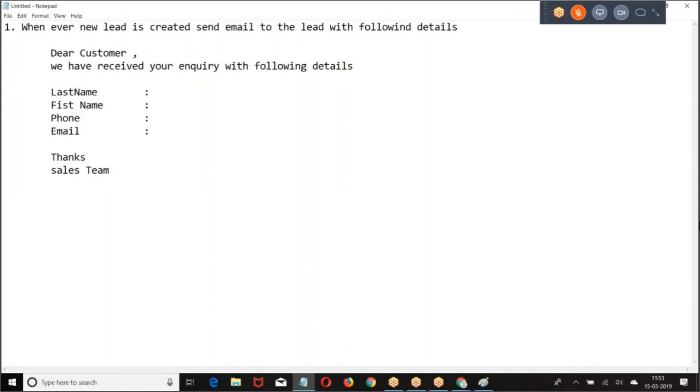Whenever a new lead is created, send an email to the lead with the following details.